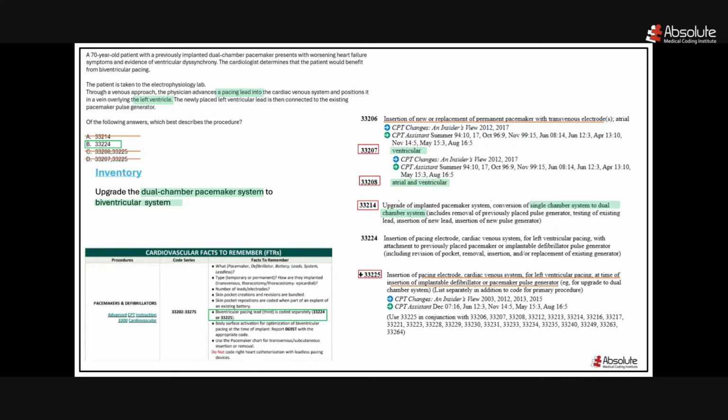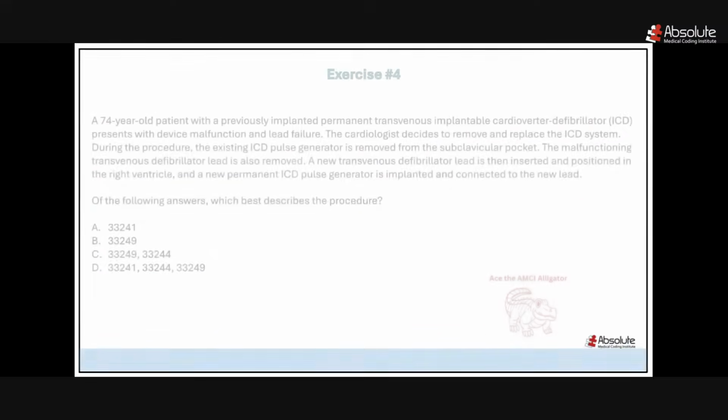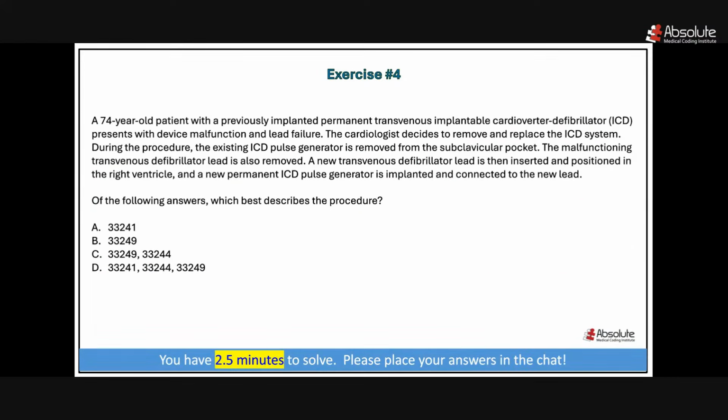Great. All right, let's move on to the fourth scenario. Coders, of the following answers, which best describe the procedure? Option A, 33241, option B, 33249, option C, 33249, 33244, option D, 33241, 33244, and 33249. A 74-year-old patient with previously implanted permanent transvenous implantable cardioverter defibrillator (ICD) presents with device malfunction